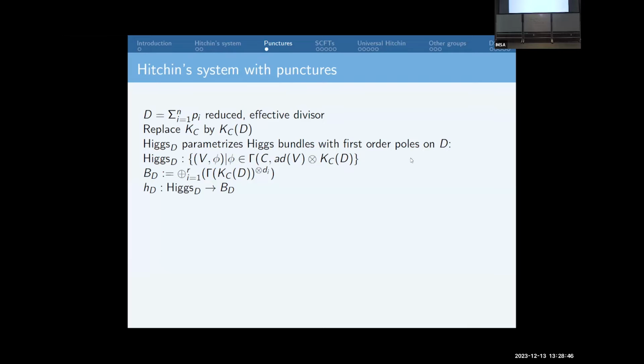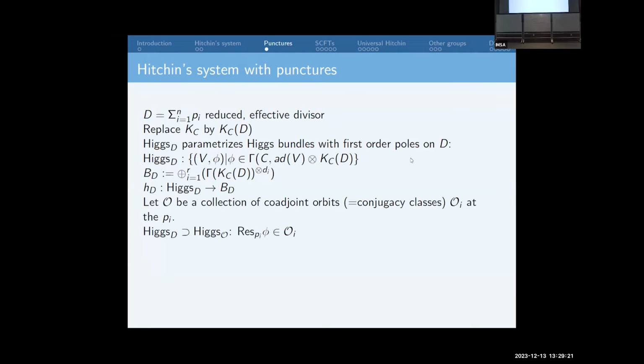We have Higgs sub D, which parameterizes the Higgs bundle with first order poles at the points D. In other words, the formula there, and just replace the canonical bundle by K of D. There's an analogous base B sub D, which is the sum, again, i going from 1 to the rank, of global sections, and then just replace K by K of D. And then the Hitchin map between these three. So far, it's not really exciting, but